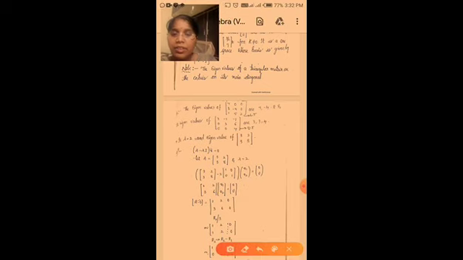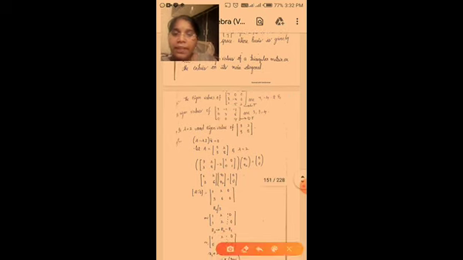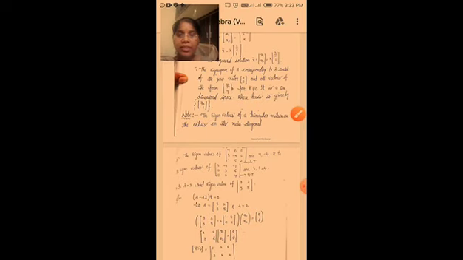And next matrix, see here, the eigenvalues of [3 -1 -1; 0 3 6; 0 0 4]. This is an upper triangular matrix. So see here, the diagonal elements are 3, 3, 4. So whether it is a lower triangular matrix or an upper triangular matrix, the elements on the main diagonal are the eigenvalues. So this is important for entrance purposes.